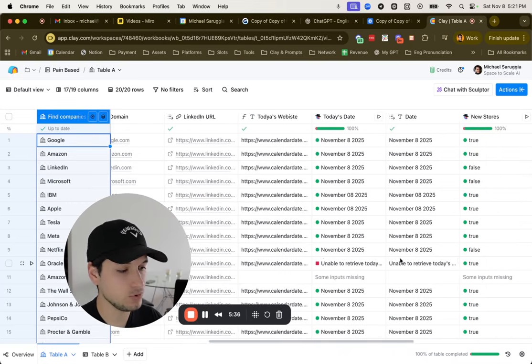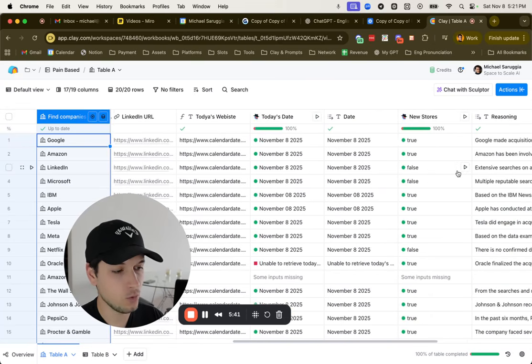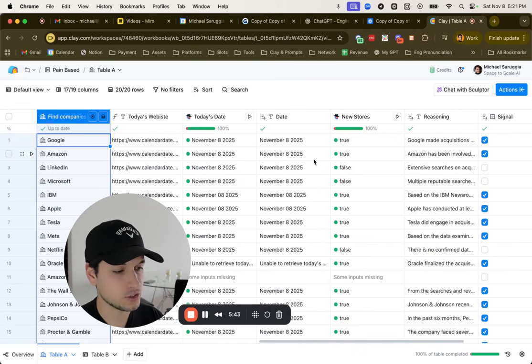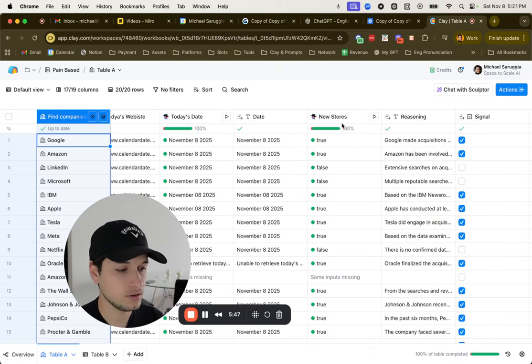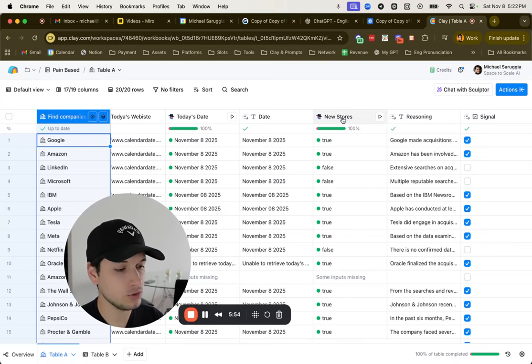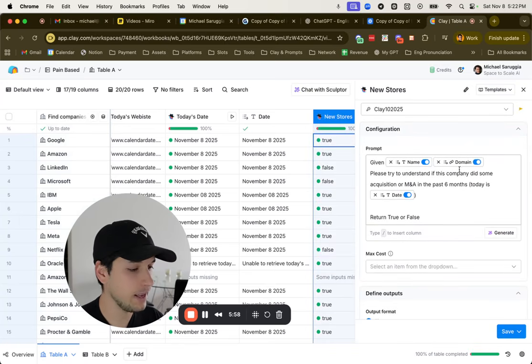Okay, basically what I'm doing here is, this is just the standard import of Clay. What you can do is, starting from today's date, we can actually get signals in the last 30 days or whatever. Everything is about using ClayAgent to actually get signals from the web, like given name, domain.